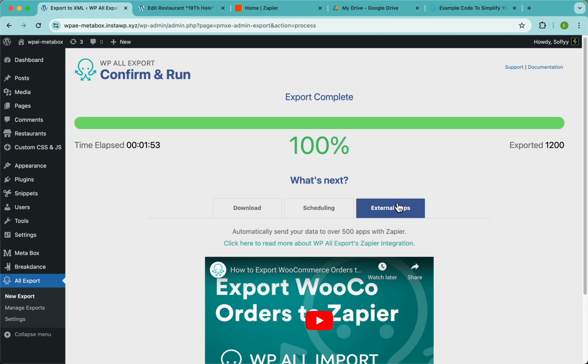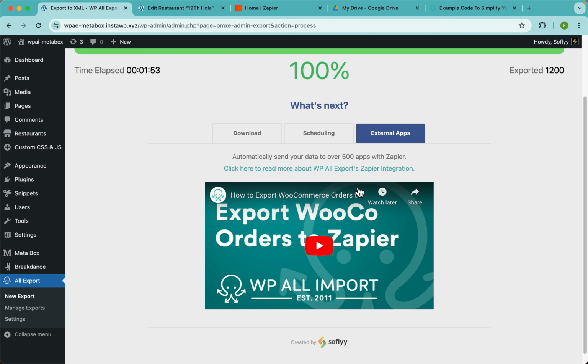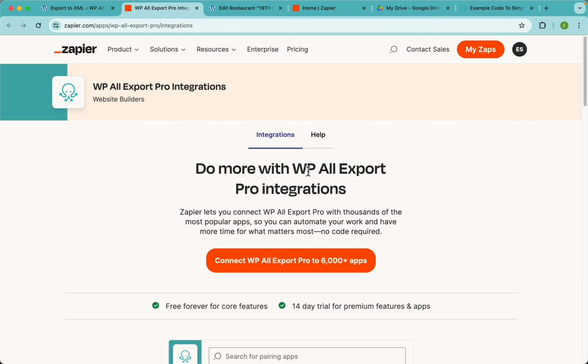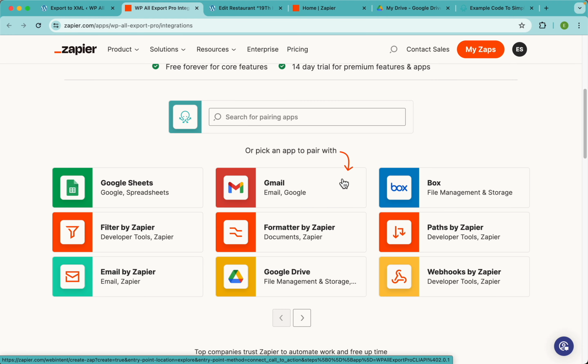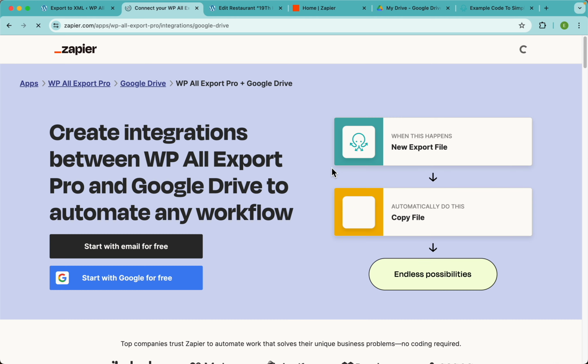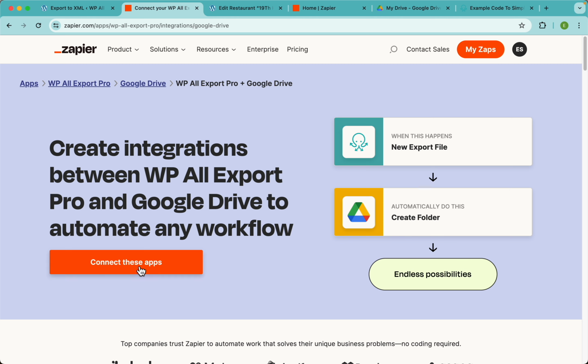And finally, we have here the external apps tab. Now guys, here we have a video on how to connect WPL export with Zapier, but since we're gonna do it anyways, let's just click here on this link, and it will take us to the Zapier's integration with WPL export. Now let's click here on connect WPL export to over 6,000 apps, or we can just select Google Drive from here, and it will work too. Alright, connect these apps,